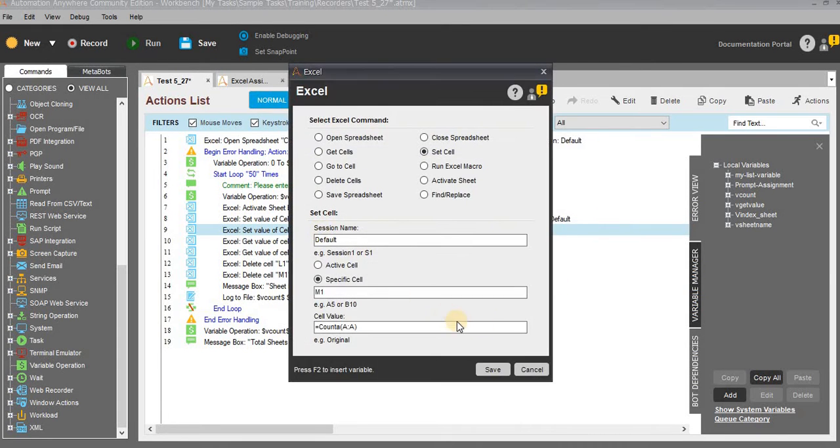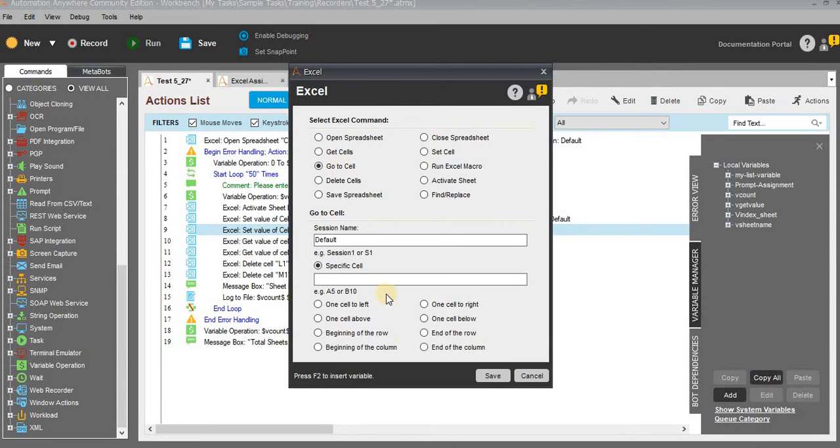And then in column M, we are updating the count formula. So this will give you the total number of records in the particular Excel sheet. In order to get the total number of records, you can use either formulas or else we have multiple options. So let me show you. Just use Go to cell. In Go to cell, if you are using end of the column, it will activate the end of the column in the Excel worksheet.